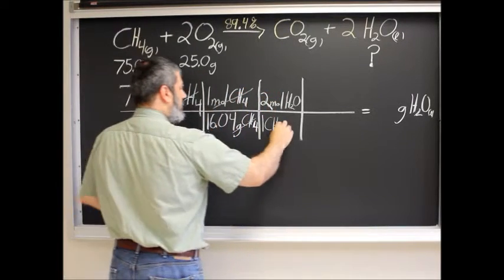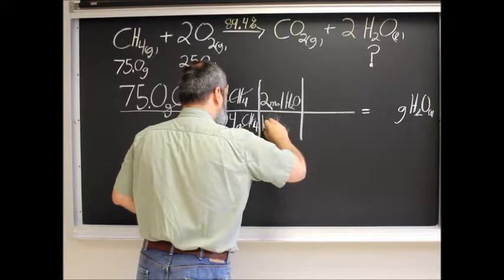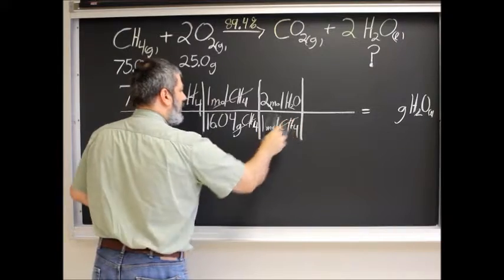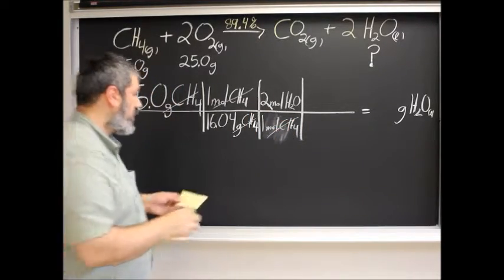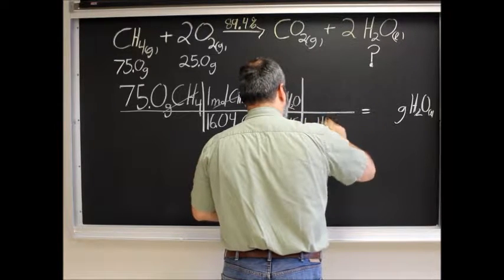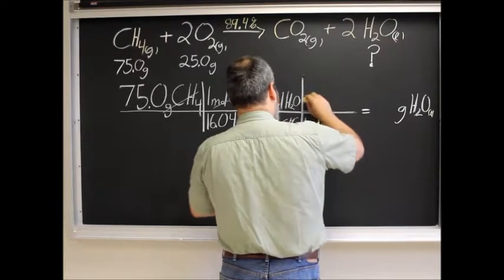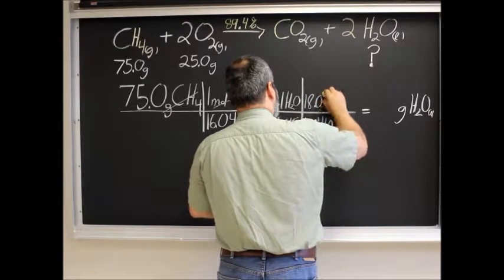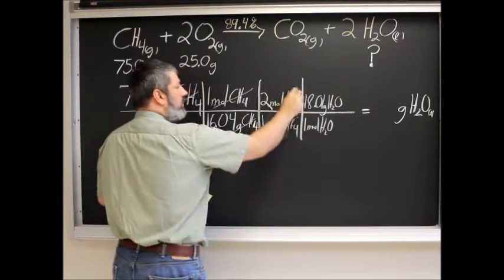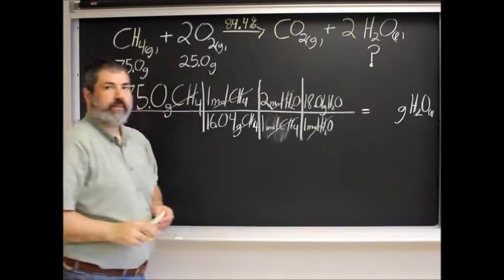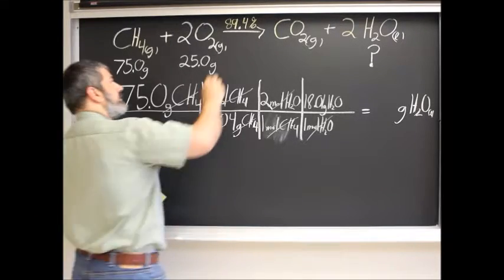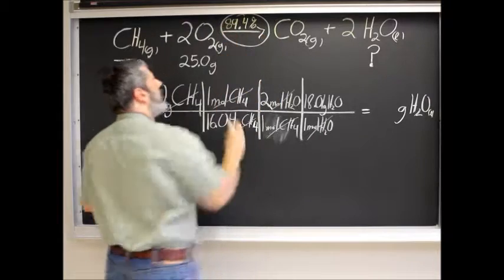I'm trying to write small so I can keep this on the board. Moles of methane cancel. Now we have moles of water. 1 mole of water, the molar mass is 18.01 grams of water. Moles of water cancel. Normally we would be finished. However, our yield,